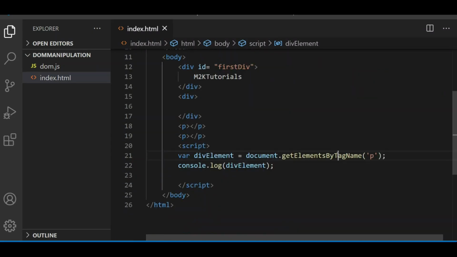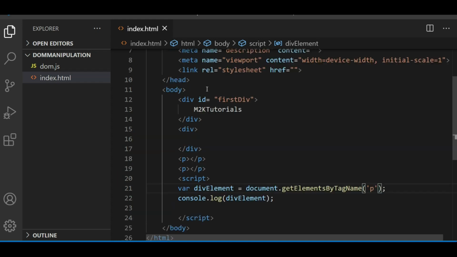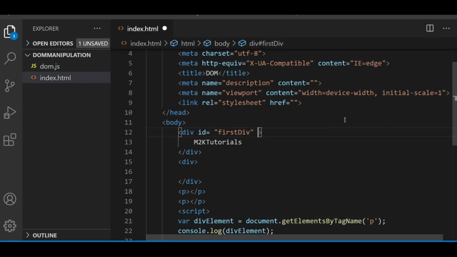Now another way to get your element is using class. Let's say I have one class on the div, named div class.